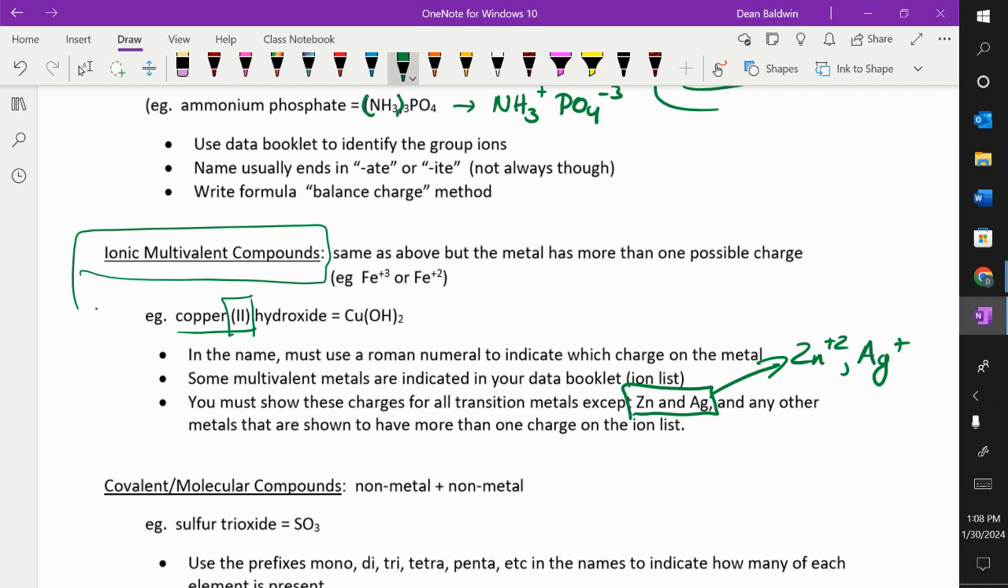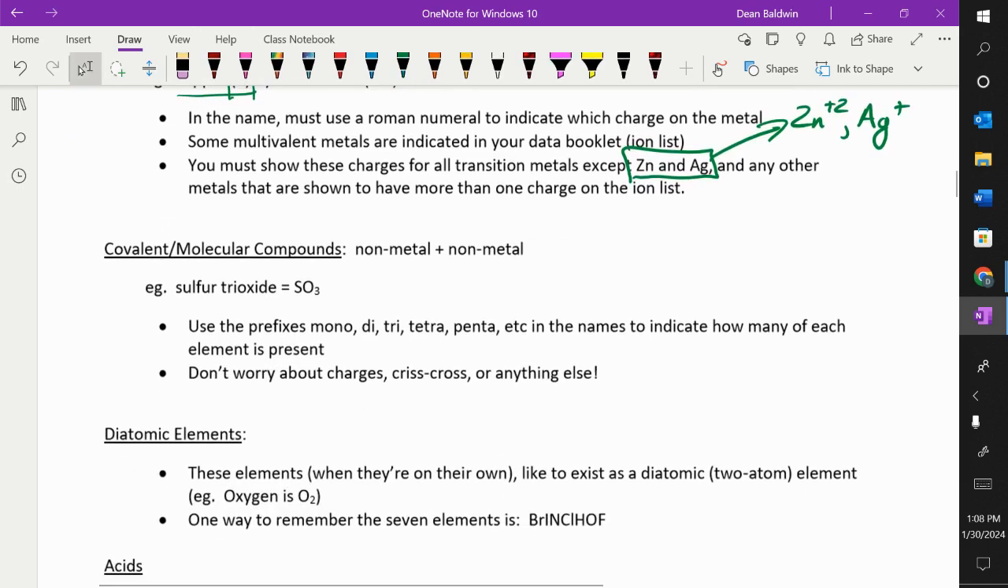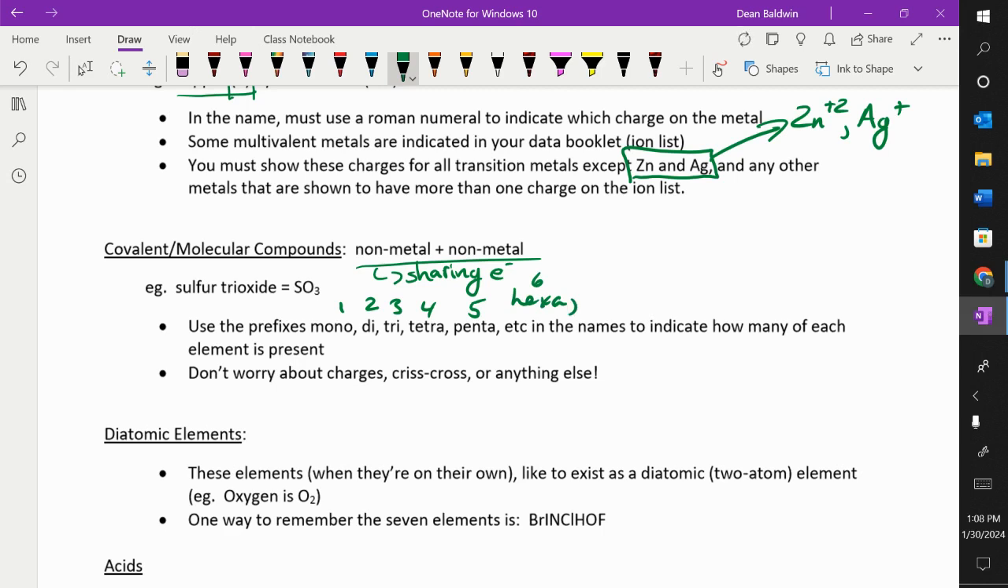And then you have the covalent, where they share electrons. These are the non-metal and non-metal. This is sharing an electron or electrons. I don't write the word electron because I'm lazy, so I just put e with a minus. But when you're naming covalent molecules, use the mono, di, tri, tetra, penta. What's after that? Hexa. So mono's 1, di's 2, tri's 3, tetra's 4, penta's 5, 6 is hexa, 7 is